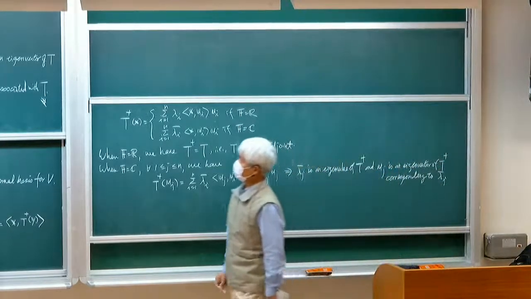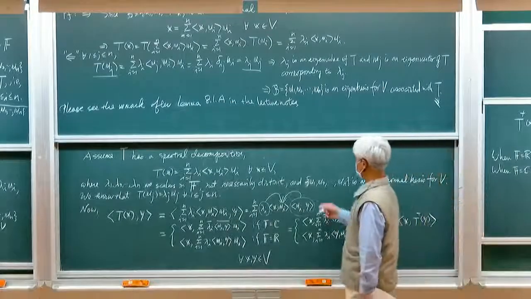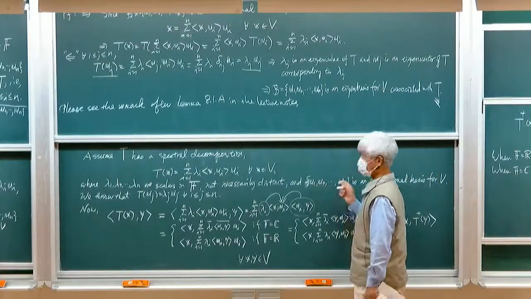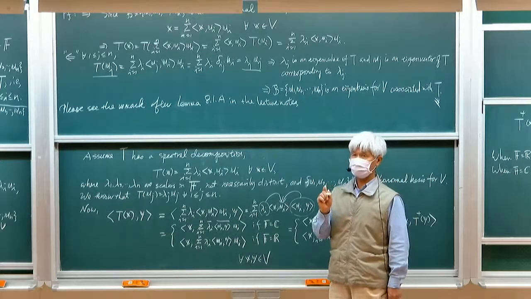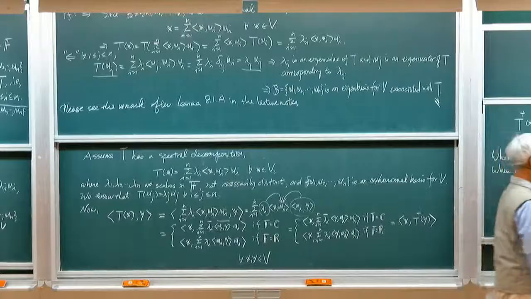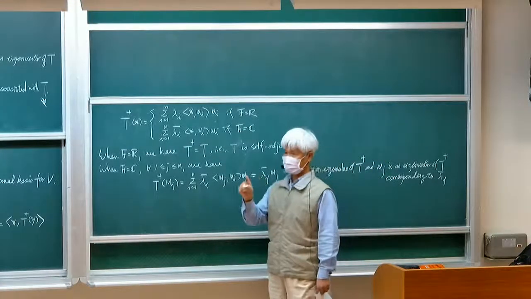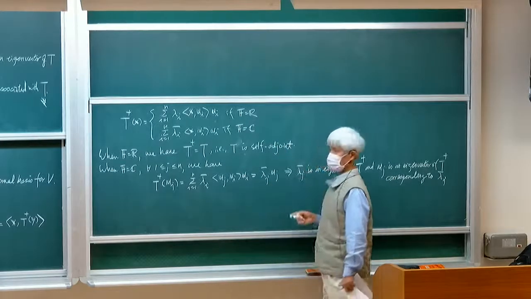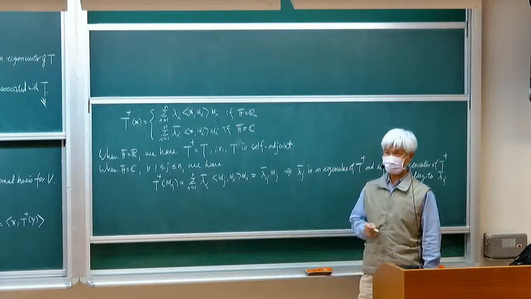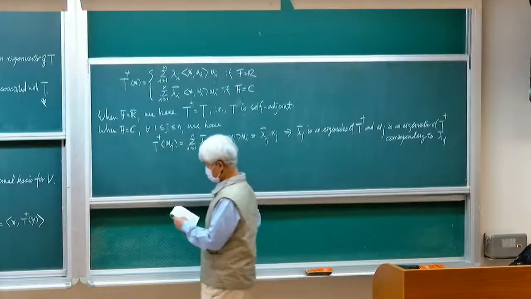So T dagger and T share the same eigenvectors, but corresponding to different eigenvalues, right? If lambda J is an eigenvalue for T, then lambda J bar will be an eigenvalue of T dagger. And furthermore,